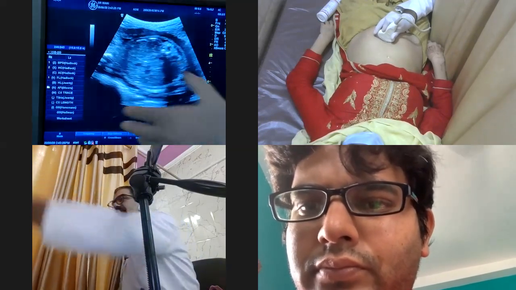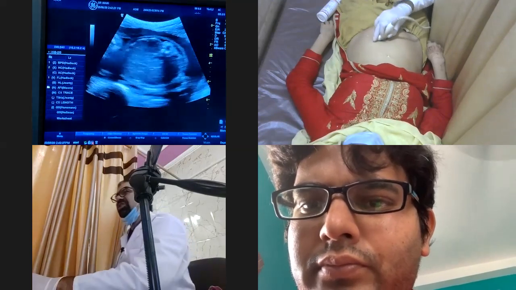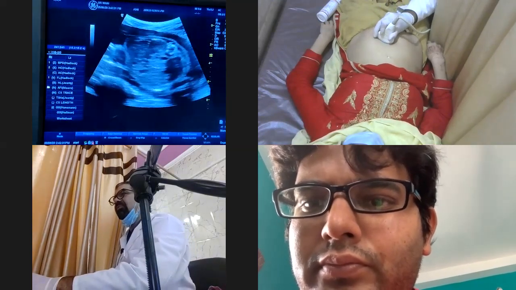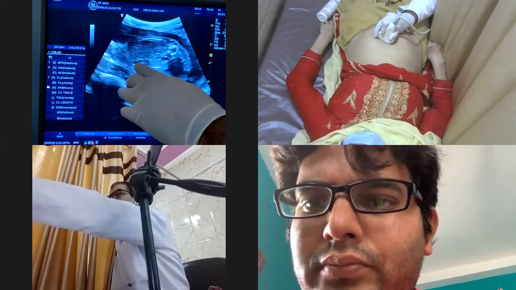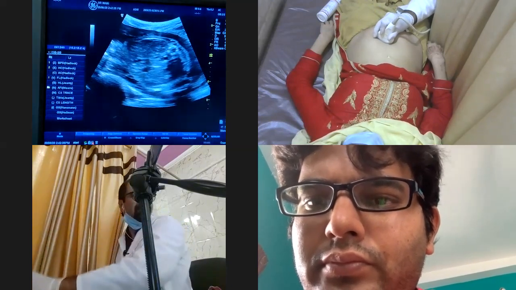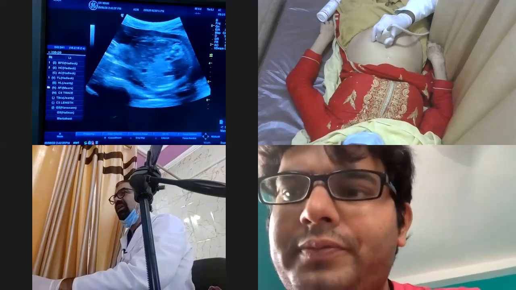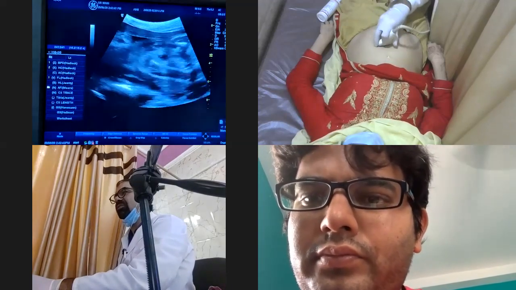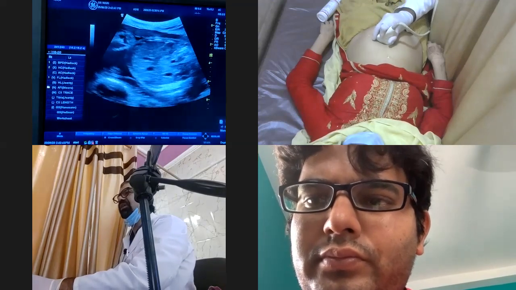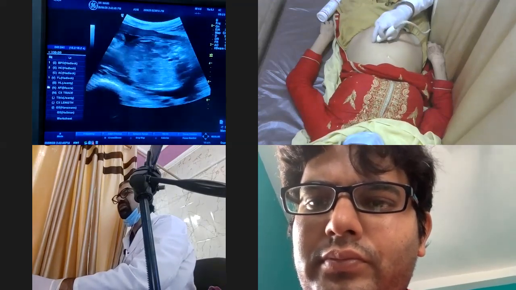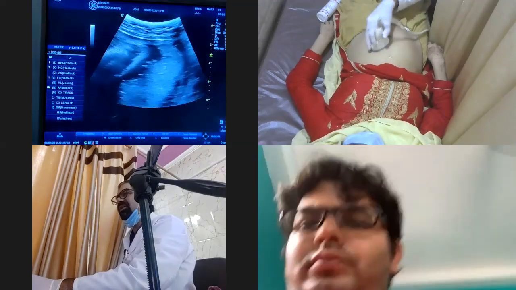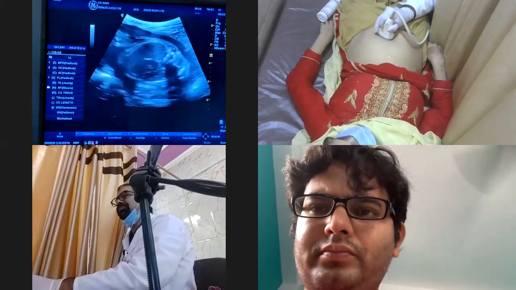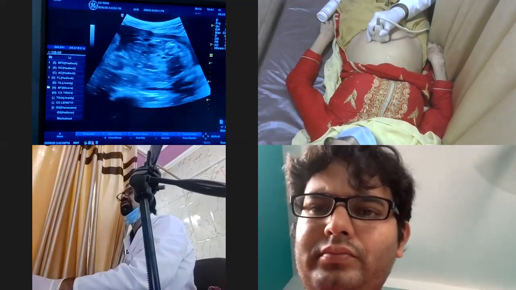The abdomen itself will be in an oval shape, not completely round. But if I want to be more precise, I have to look for the portal vein. It is over here. You see the portal vein. It is exactly to be taken at the level of the portal vein. But if you have just started ultrasound and you are a beginner, you can even take it at the level of the stomach bubble.